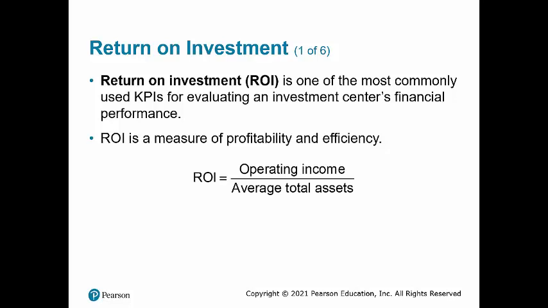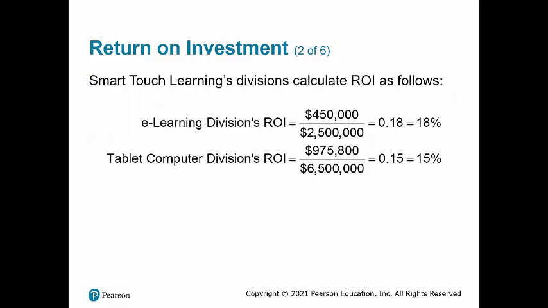ROI measures the amount of operating income an investment center earns relative to the amount of its average total assets. Although the tablet computer division has a higher operating income than the e-learning division, the tablet computer division is actually less profitable than the e-learning division when we consider that the tablet computer division does not utilize its average total